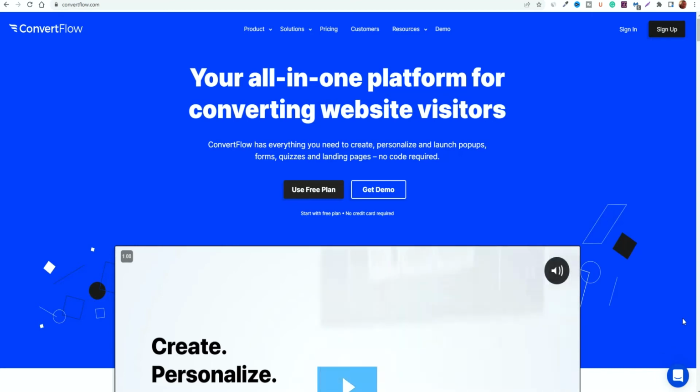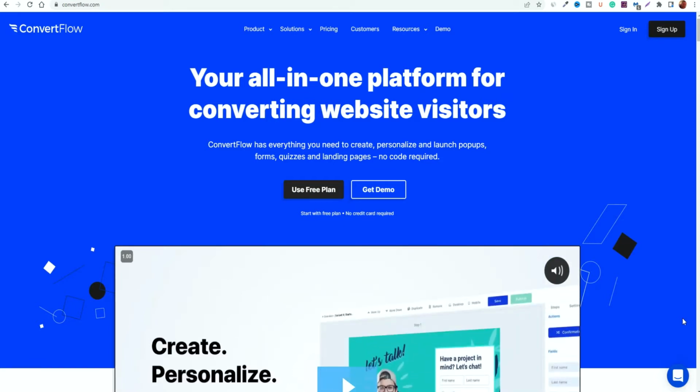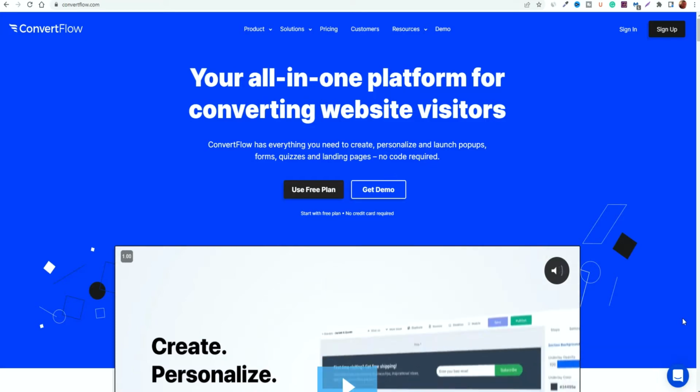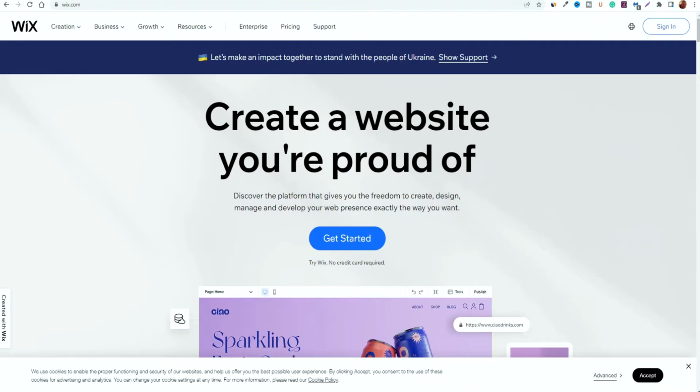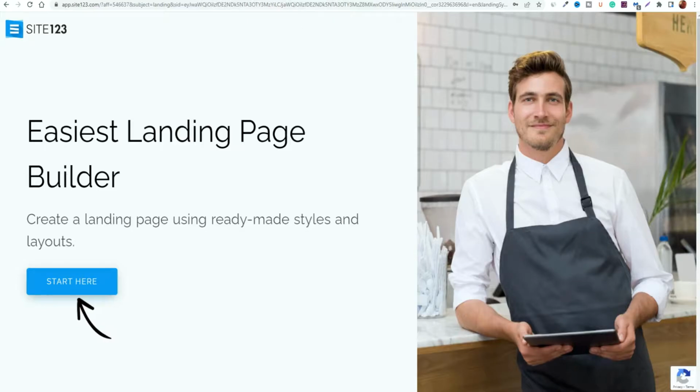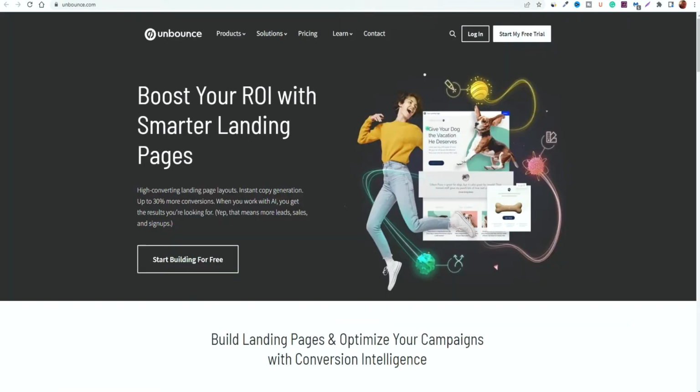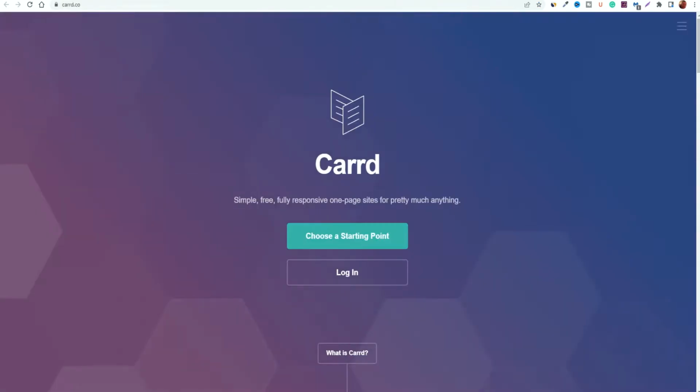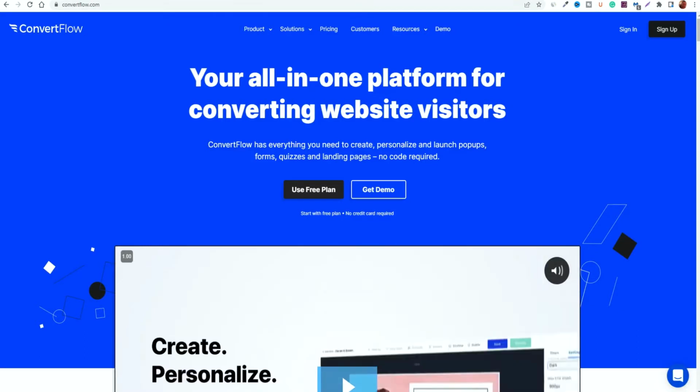If you're new to affiliate marketing and you're looking for ways to generate leads so that you can build your email lists, then you're going to need some form of landing page builder so that you can build forms to capture those leads. Here I'm going to share with you 15 different landing page builders that you can get started with today to start building up your email lists so that you can start making sales and commissions and build